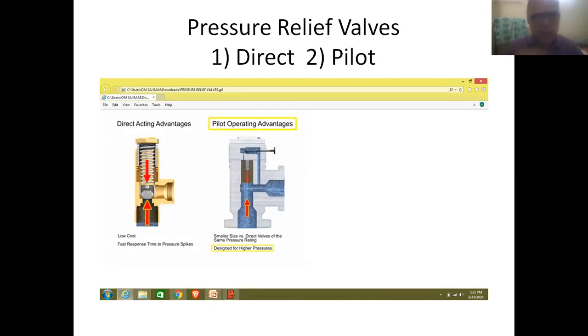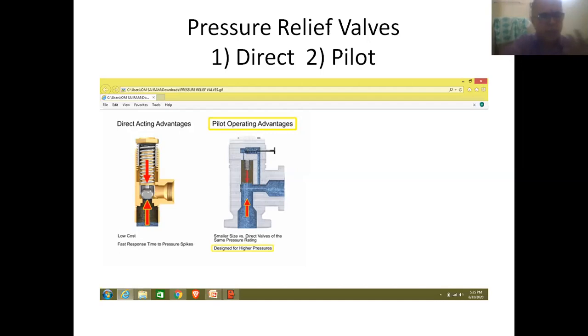So friends, here we can see the arrangement of two valves. The relief valve is arranged in vertical position, and also a pilot operated relief valve that is used in special situations. As far as this valve is concerned, you can see the moving element.